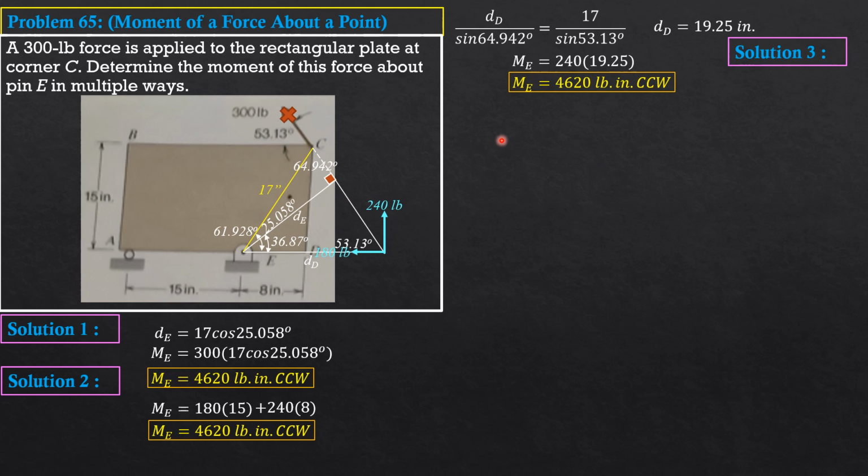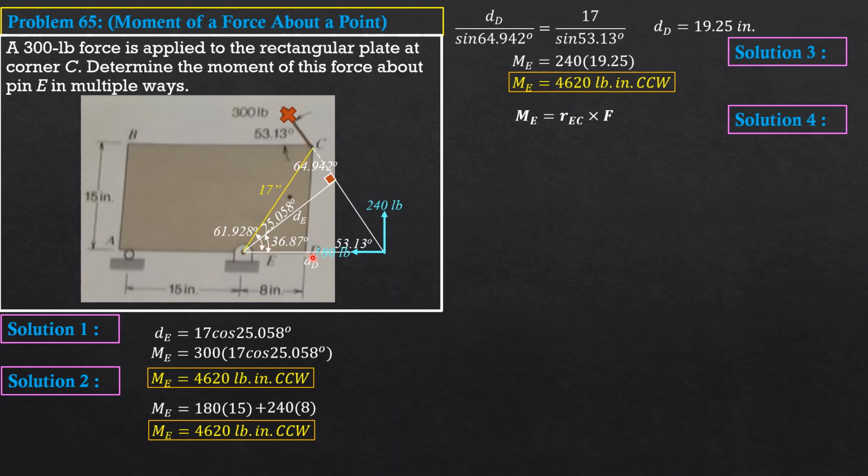But I leave that to you. Solution 4 is by vector approach. So we apply cross product, and the moment at E is the position vector REC, then we cross it with the vector of the force. So moment at E in vector form is REC cross the force, where REC is from here to there,